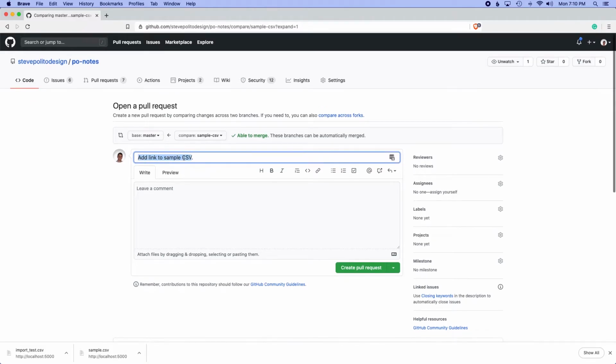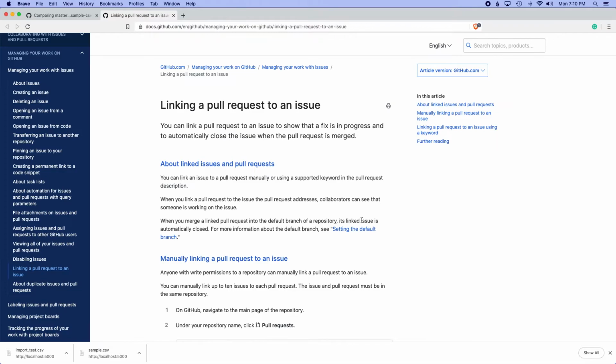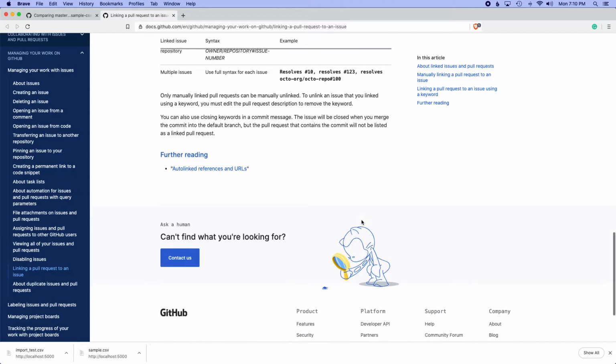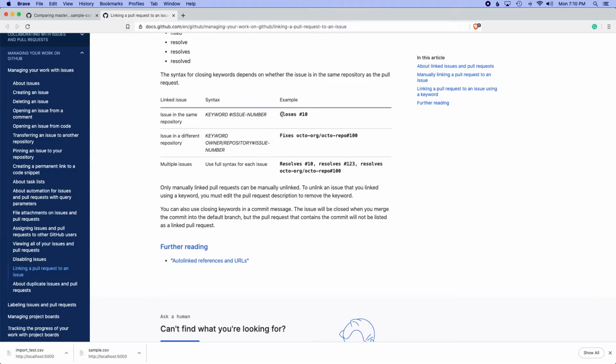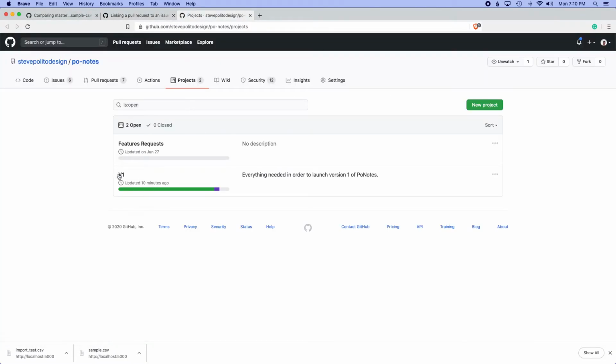You can change the description or the title of the pull request. I'm going to keep it like this because that's what I was working on. You can also change the branch that you're going to merge into. In my case, I do want to merge into master. A cool thing you can do here is use closing keywords to associate the pull request with an issue, and in our case, that's the issue that we just opened up. If you do closes and then the name of the issue, you can automatically reference it. What I mean by that is, if I go back to my project,